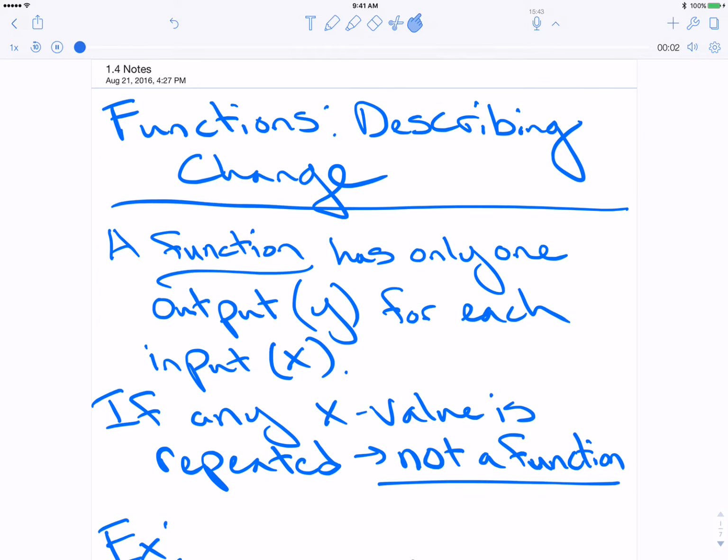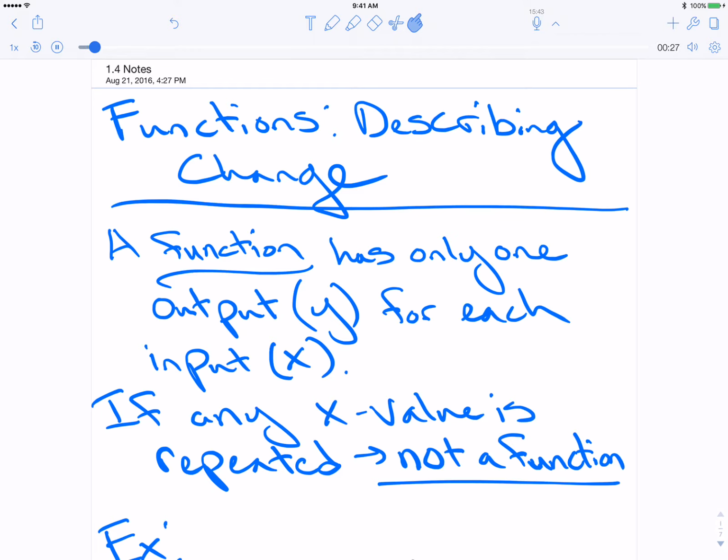In 1.4, we finally get to talk about functions. What is a function? What does that mean? A function has only one output for each of its inputs. So that means that every x has a unique y, and it does not have more than one possible y for its value. If any of your x values are repeated, then the data that you have does not represent